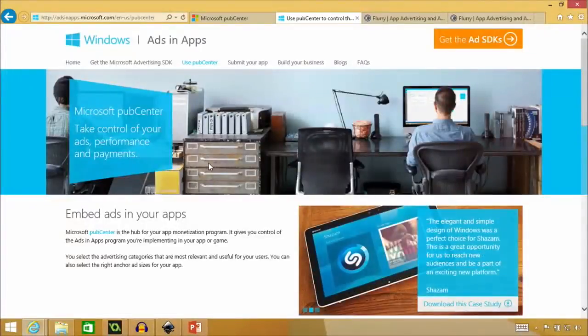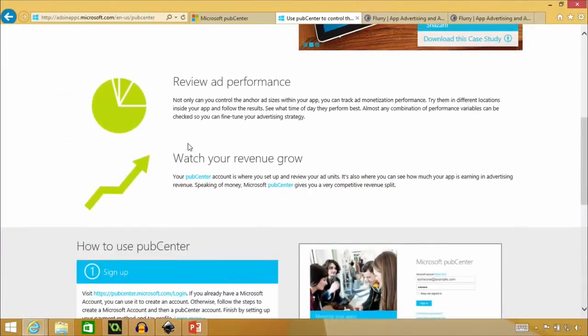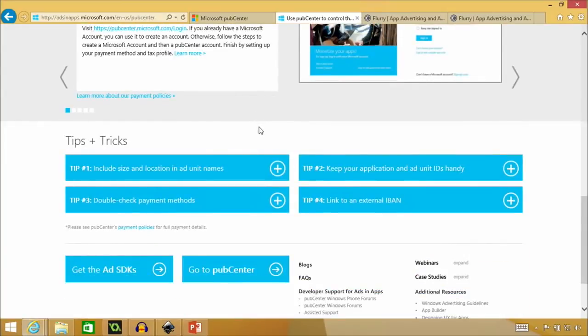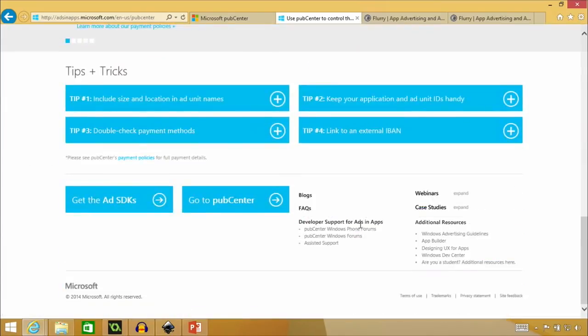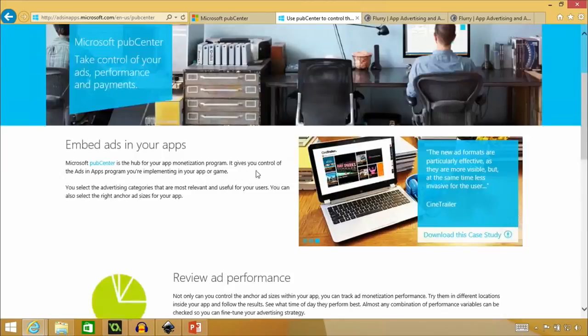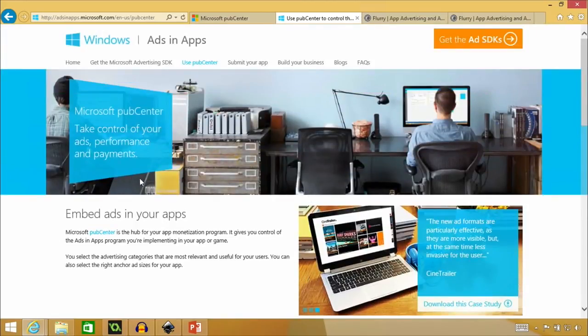Over here, I'm still on the Ads and Apps website, and this is a great resource if you want to learn more tips and tricks about the ad service in general. They also have really great forums and blog posts on here. So if you want to really dig into that, I'd recommend looking at this. But the way we're going to do this is through Pub Center, and I went over to